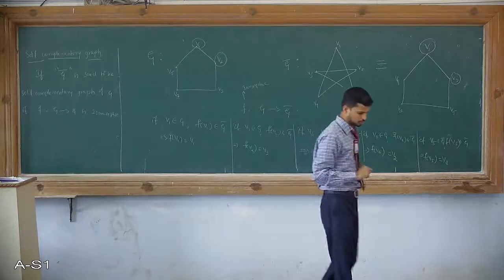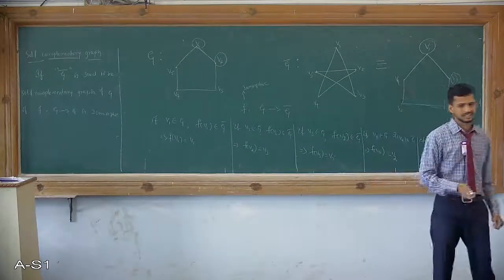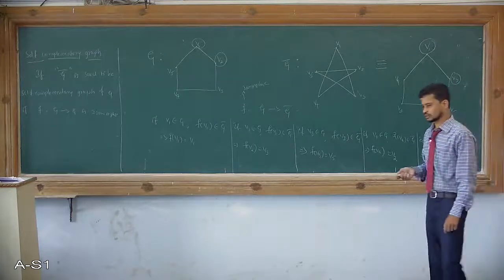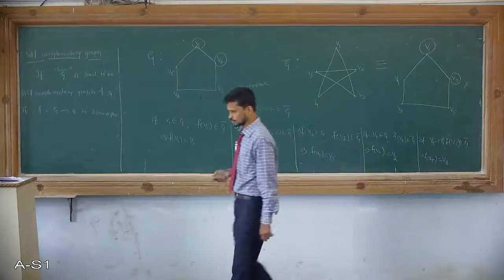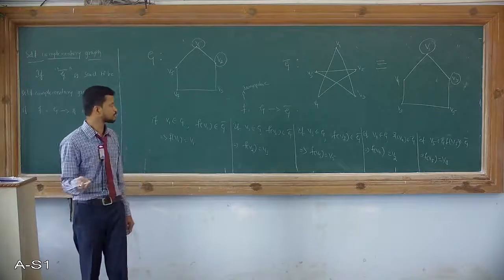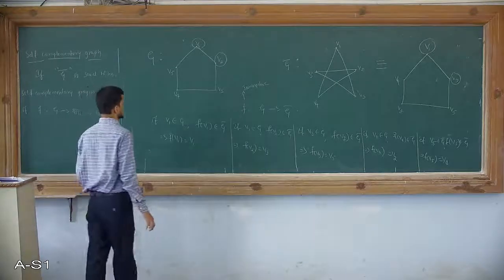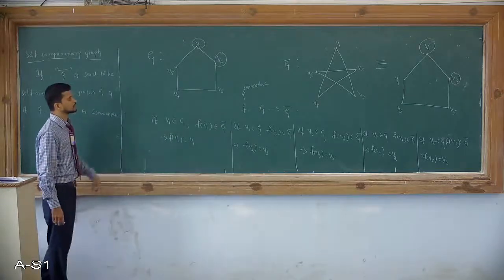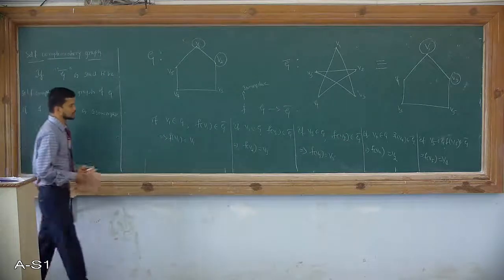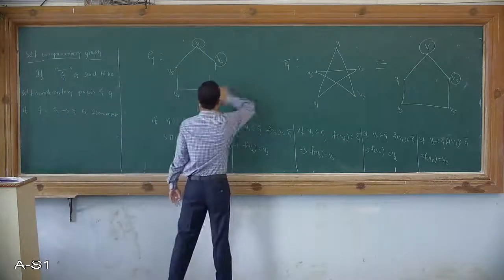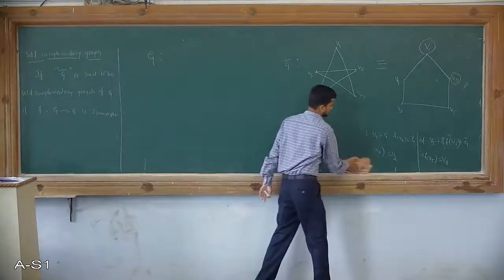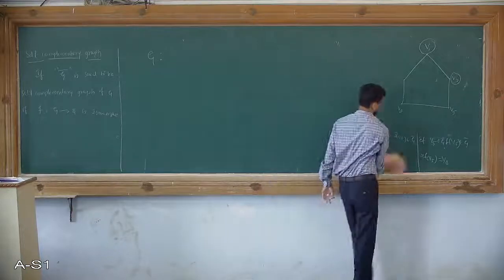So you can ask me the question whether all complementary graphs are self-complementary. No, only a few very important graphs, in other words some graphs are self-complementary, not all graphs are self-complementary. So this type of graph is said to be a self-complementary graph. Just for the sake of curiosity, I will draw one more graph to convince you of the same definition once again.